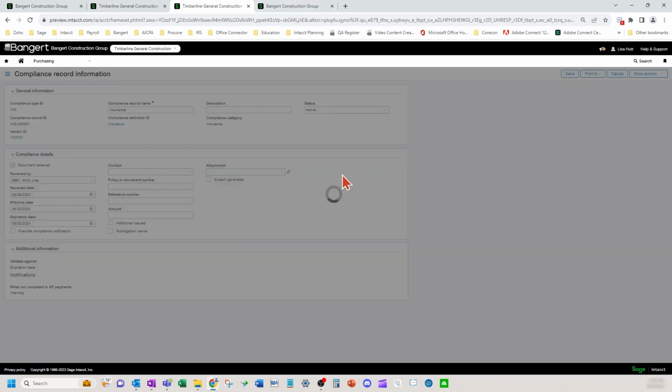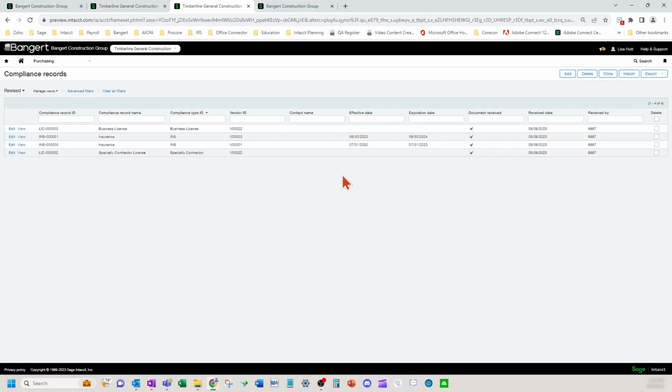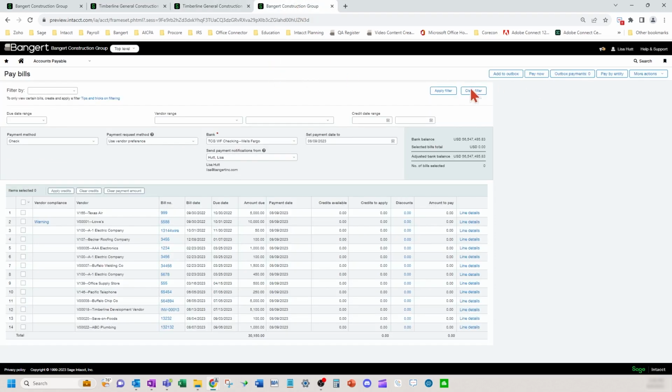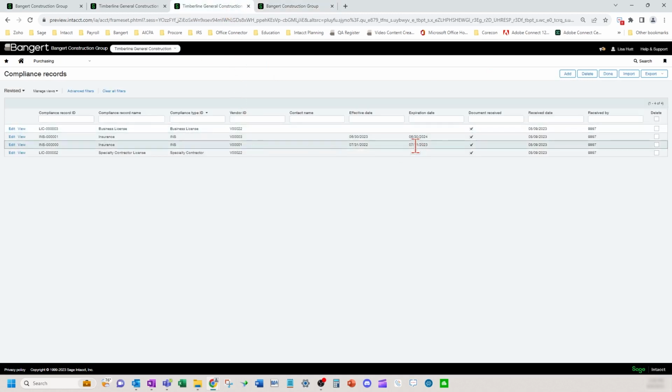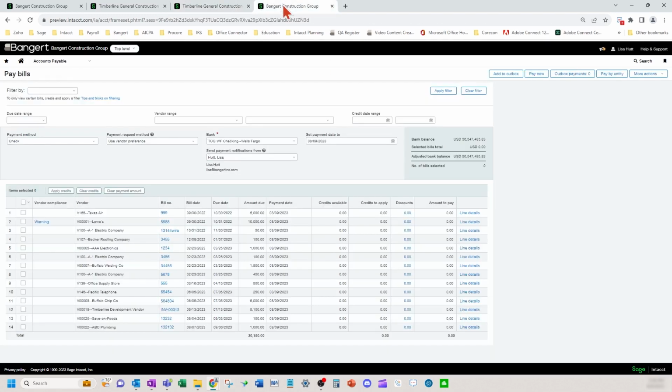So let's look at a couple that are in the system here with the expiration dates. Here's one that's expired on vendor V00001. You've got vendor 3 here that is not expired. Let's go look at the pay bills screen and refresh this and see what this looks like now. Vendor 1 has a warning. That's what I've set up in that definition to say, hey, I'm past July 31st now, because today is August 9th. So over here, it's giving me a warning on my pay bill screen on that vendor each time.